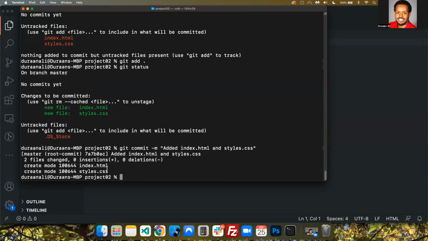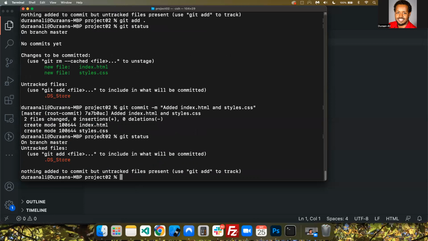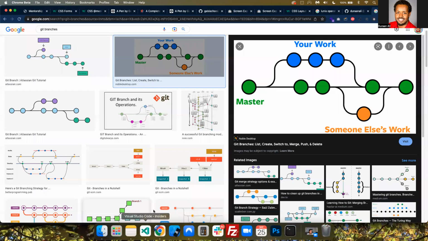And now it says, oh, good. Now that means your changes are committed. It means those changes are ready to be sent. But those changes are in the main right now. So if we say git status, those changes are in the master branch right now. That's a problem because we don't want to keep adding to the master branch. We want to create our own branch. And there's a way to create it. But before we do that,